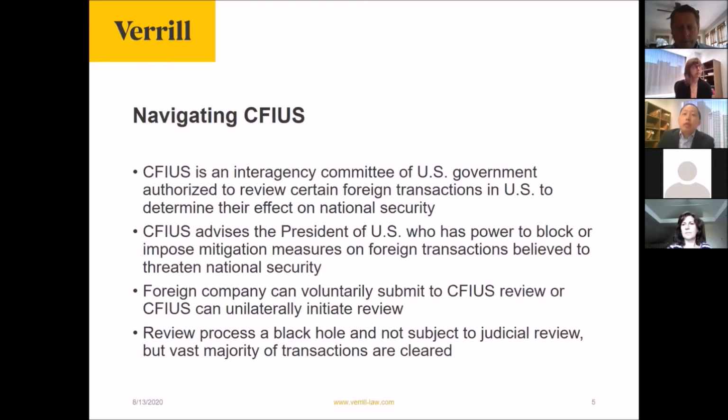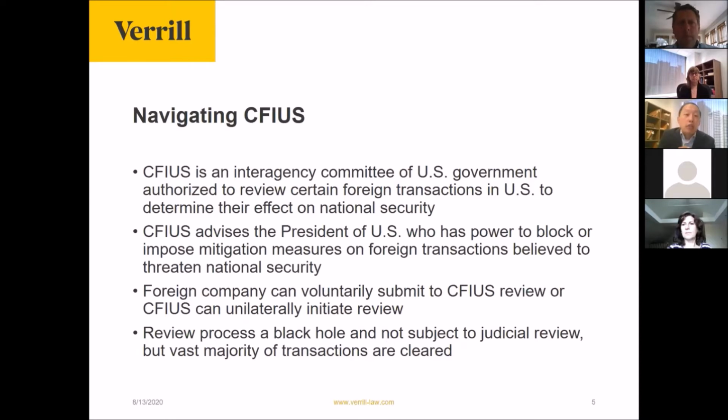So the third and final topic that I'll be covering today is the Committee on Foreign Investment in the U.S., also known as CFIUS. So generally speaking, it's pretty easy for a foreign company to do business in the U.S. It's inexpensive and fairly quick to set up a corporation or an LLC. You don't have to be a U.S. person to own a U.S. company. At the end of the day, there aren't a lot of barriers to entry. At least not many barriers that are more than what a domestic company would otherwise have.